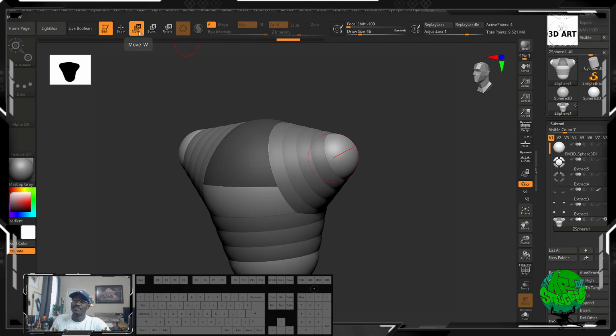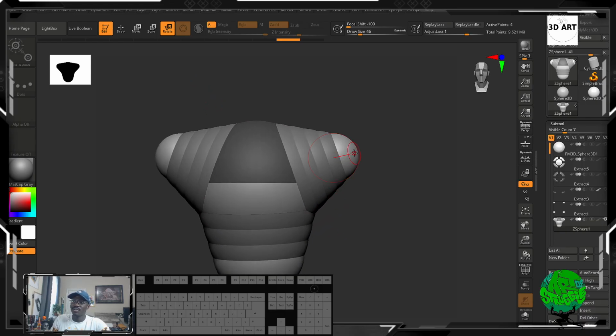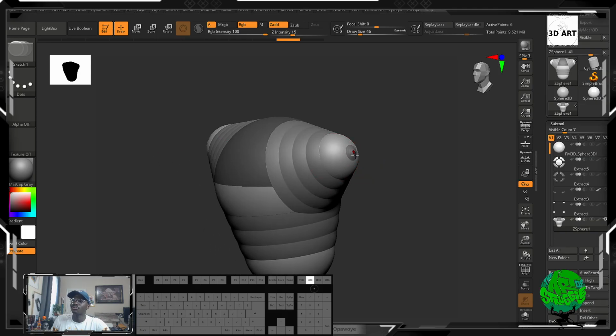Another thing is, if you want to keep getting faster, if you hover over any of these, it'll show you the hotkey for it. So if I want to go to draw, I just hit Q, W is move, E is scale, and R is to rotate. Now I'm going to hit X on my keyboard. I'm going to hit Q, and that now allows me to draw